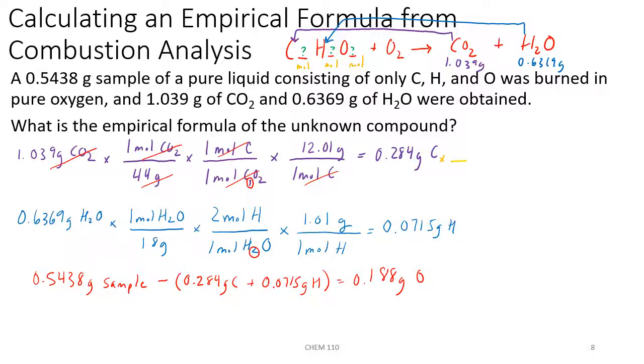For carbon, we're going to want to divide by the atomic mass, which is 12.01 grams. For hydrogen, we're going to divide by 1.01 grams. And for oxygen, we're going to divide by 16 grams per mole,